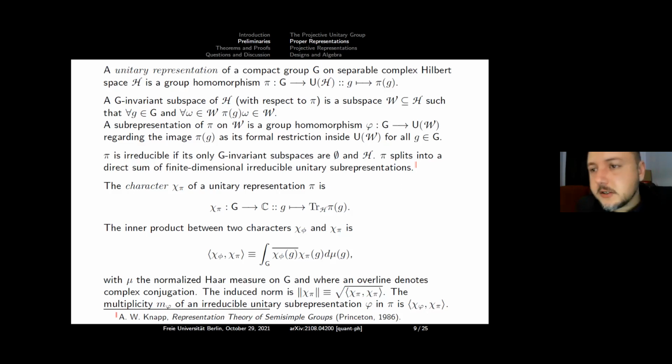I said that characters determine representations up to isomorphism. It's a graceful failure of isomorphism. On the one hand, we have the representation ring, right? The representation ring is the free abelian group based on the isomorphism classes of mutually inequivalent irreducible representations of the group, all of the mutually inequivalent irreducible representations. It's a ring with respect to a multiplication that works like how much multiplicity of this is in this. The details I will skip for today. The plus is the direct sum. But the point is that it's a ring over the natural numbers.